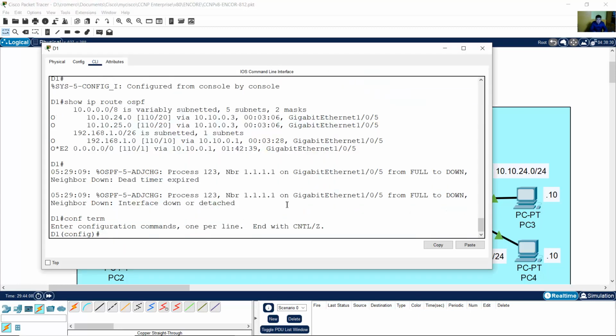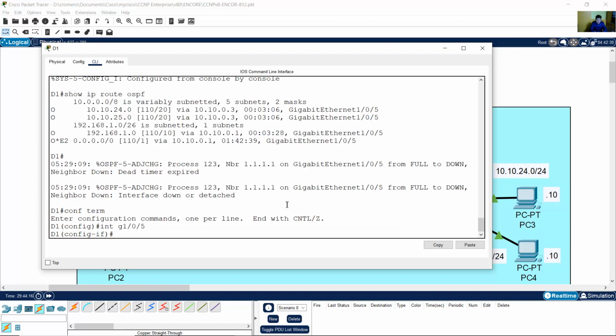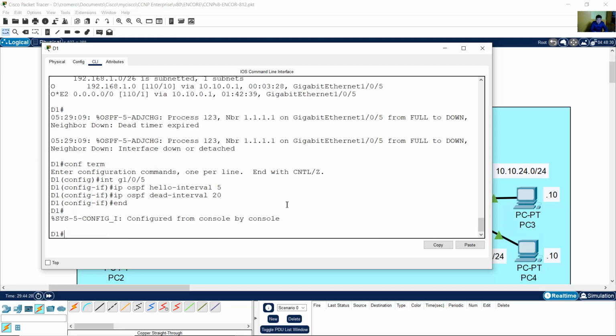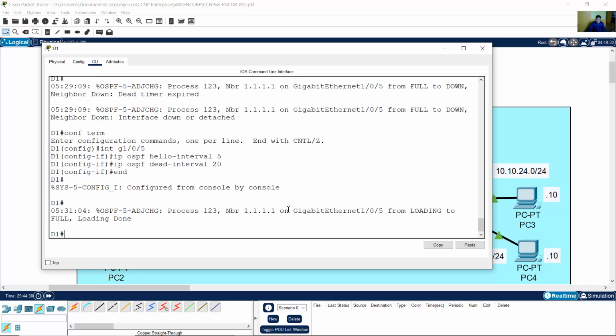Configure terminal, interface gigabit 1/0/5, ip ospf hello-interval 5 and dead-interval 20, and